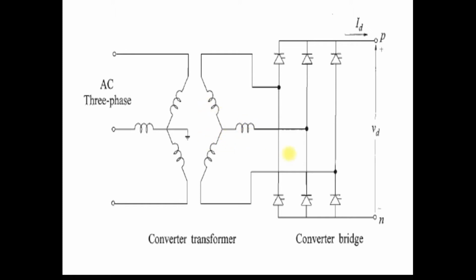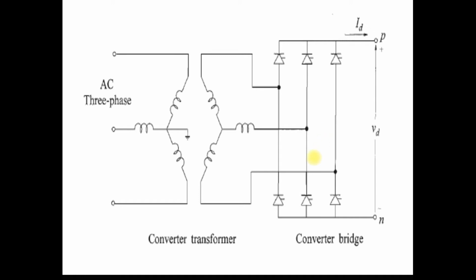Or you can connect the secondary of this converter transformer in delta fashion. So there are two configurations of converter transformer. One is primary star connected with neutral grounded, and secondary star connected without grounding. If it is delta connected, then also you can use this type of transformer. Clear? So this converter transformer provides a three-phase supply to these converters, which work as a rectifier. In all these lectures, 15 to 21, we understand the operation as a rectifier.